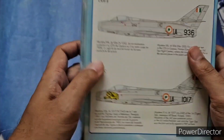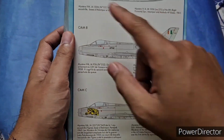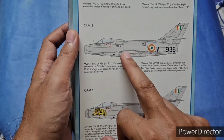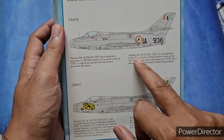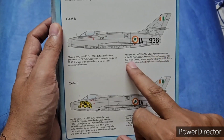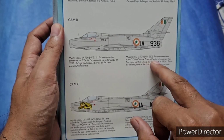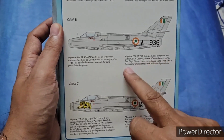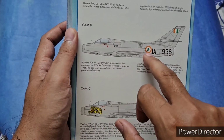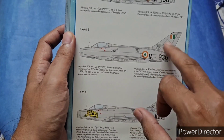And I think here at the back you can see probably 3 squadrons. I think you've got the 8 squadron pursuits, you've got 1 squadron Tigers, and I don't know what that is. It says here Mystere 4A IA 936 for armament test in the CEV in Azure, France. Okay, so some flight testing scheme, which simply has the Indian Air Force roundel with the serial number and the